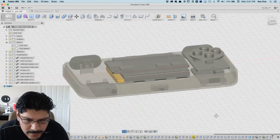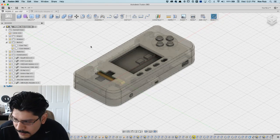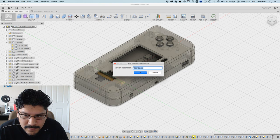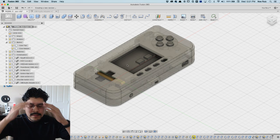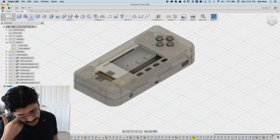All right, well, that is about all I'm going to do. Yeah, it looks good. Thank you, Andre. I appreciate the help there. That was very good for the chamfer part. Added holders for USB audio adapter. I'm going to save that out, export it out, get the print going, do some tests, and that has been